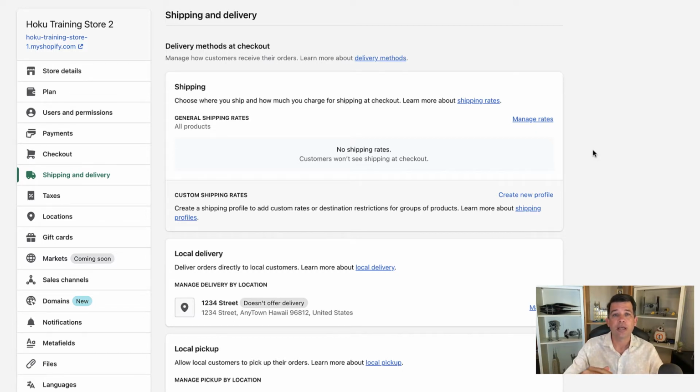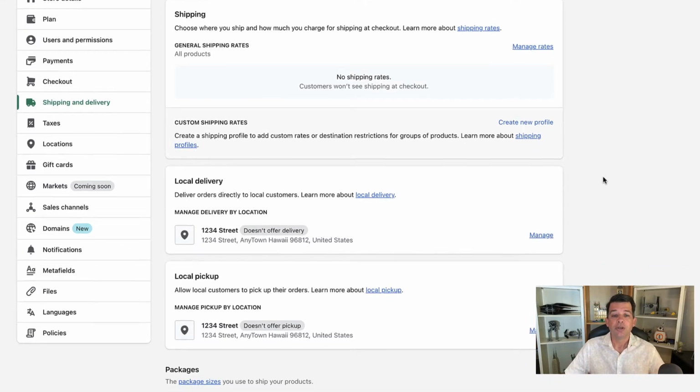But before we do that, I want to go through the rest of the screen and just talk a little bit about each section so you know what it is and why it's there. This shipping section has quite a bit in it. Right below the shipping, you're going to see the option for local delivery. First off, you'll notice here that this address doesn't match up. If it's not showing your location address, you can go here in your settings options and set up your locations. I recommend you do that.